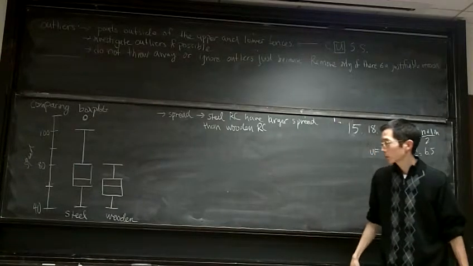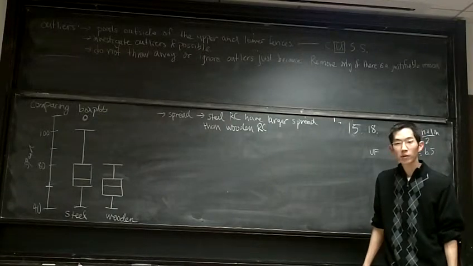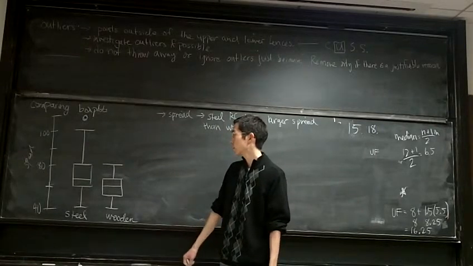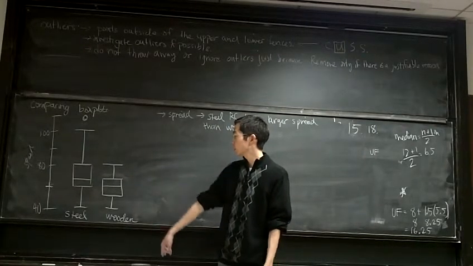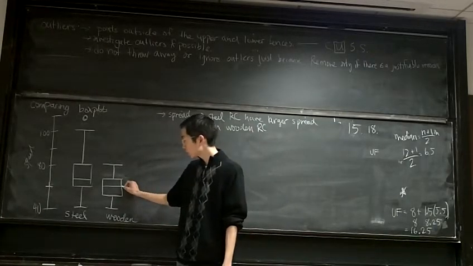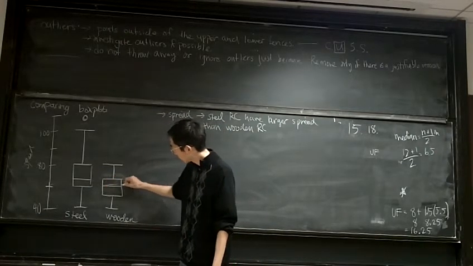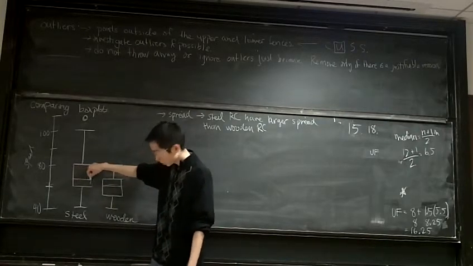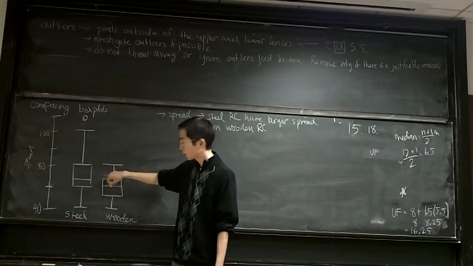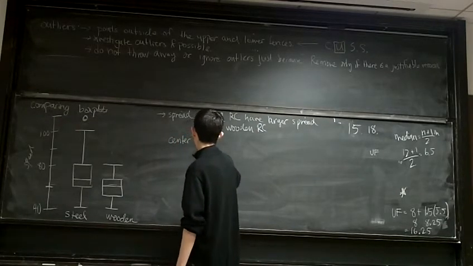Okay, but let's talk about the centers. What does it look like the median of steel and the median of wooden? So the median, this is the middle. They're about the same. This one's down here, okay? And the median of steel roller coasters is over here, okay? So it is higher. The median of the steel roller coasters is higher than wooden roller coasters, okay? So talking about center,